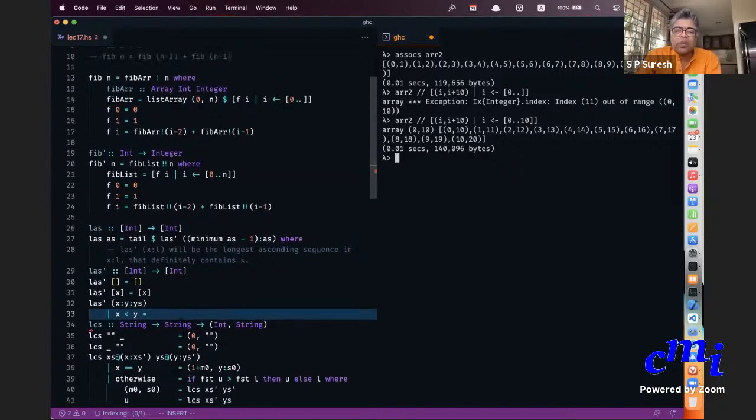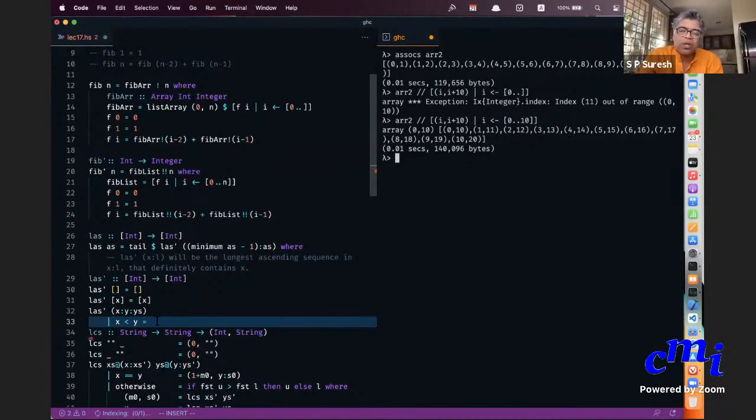Okay, so I'll finish this program and then you will be able to see. The point is, if x is less than y, then you have a choice of whether to include y in the ascending subsequence or not. It is not always automatic that you should include y. Why? Because if you include y and then there is some later element z which is greater than x but smaller than y, then that won't be included, and maybe that leads to a longer subsequence.